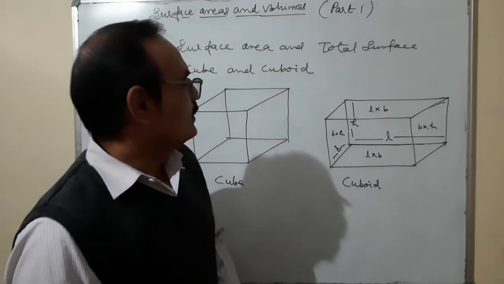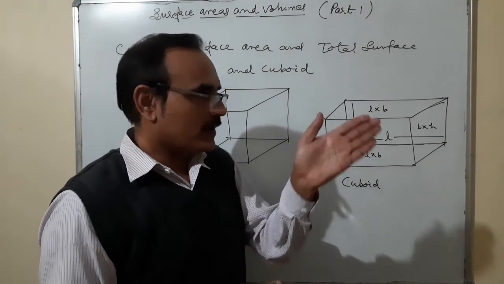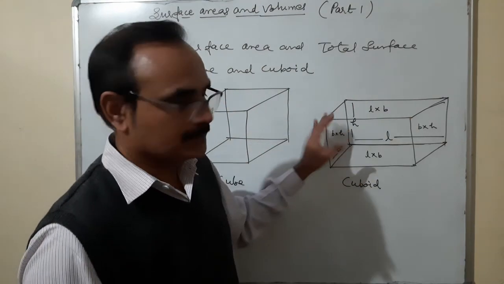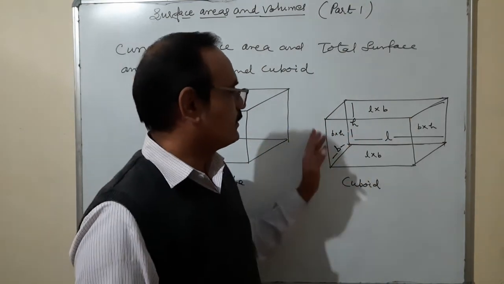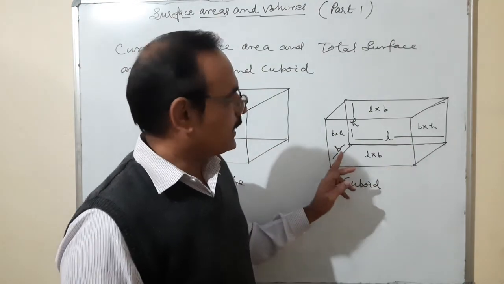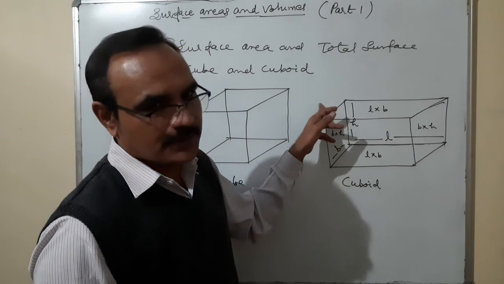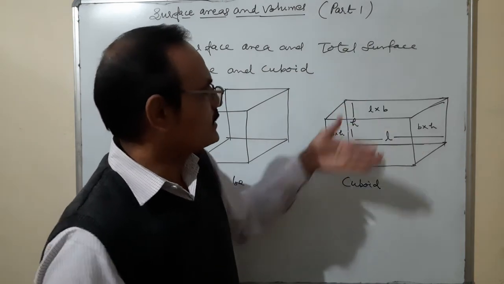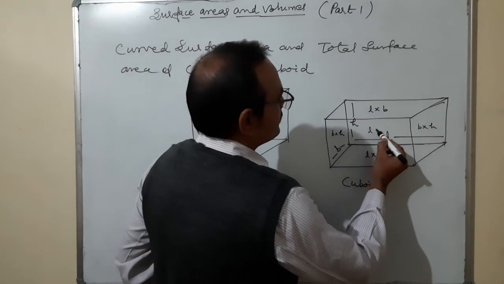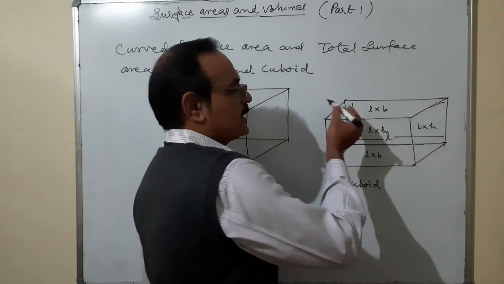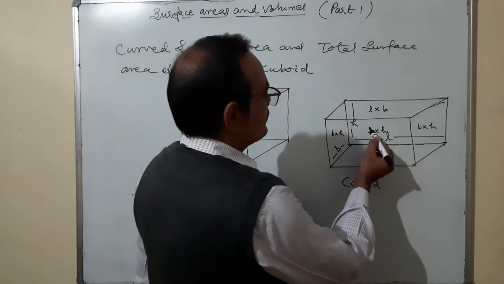Okay. Now we are talking about the front. This is the front part. In this front part, the front wall, what is the area of this front wall? It is the length and that is h. So the area of this rectangle is equal to L into h, and on the back side also L into h, isn't it?